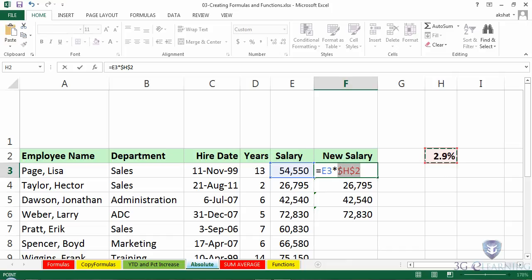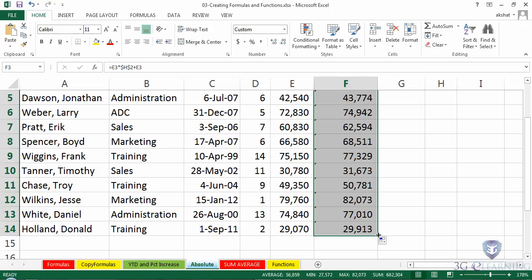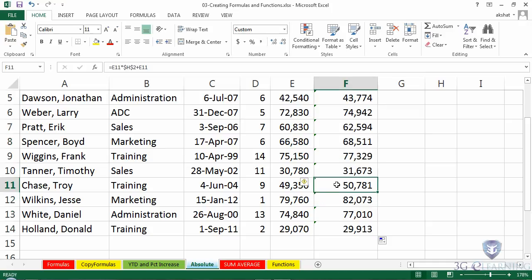This reference means that when we copy the formula, the reference to H2 does not change. This calculates the amount of the increase and we'll add the initial salary onto it. The answer will be the same as previously. As we drag this downward from the corner across the other cells, you'll see they're all new salaries. So pick a random one, double click it or look in the formula bar and note it's referring to cell